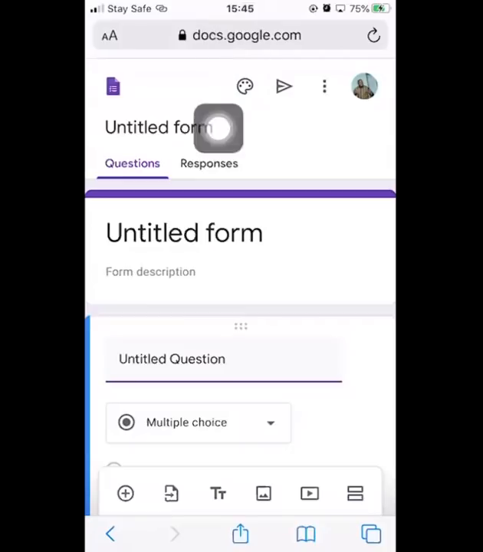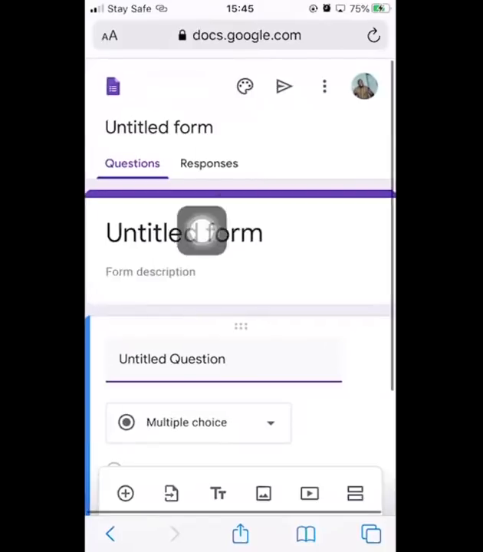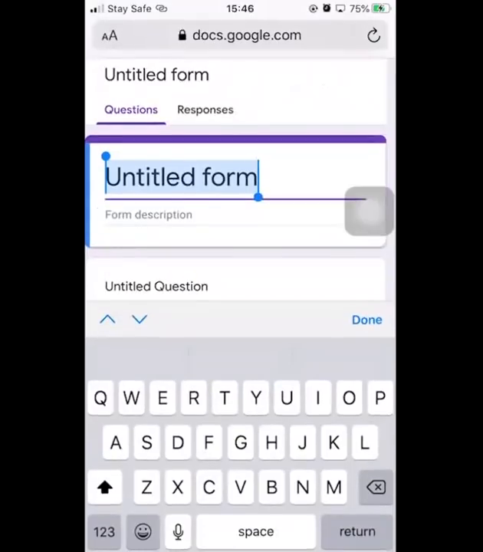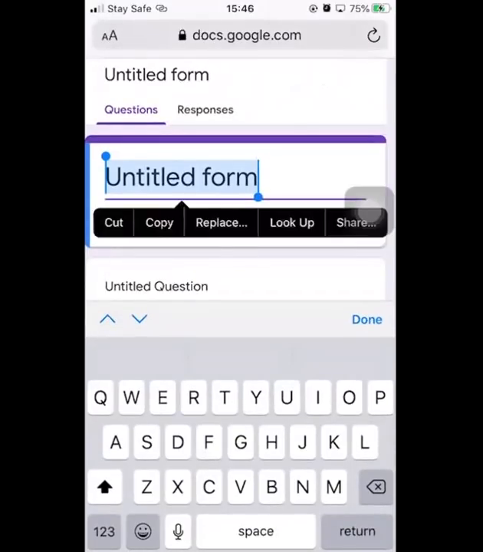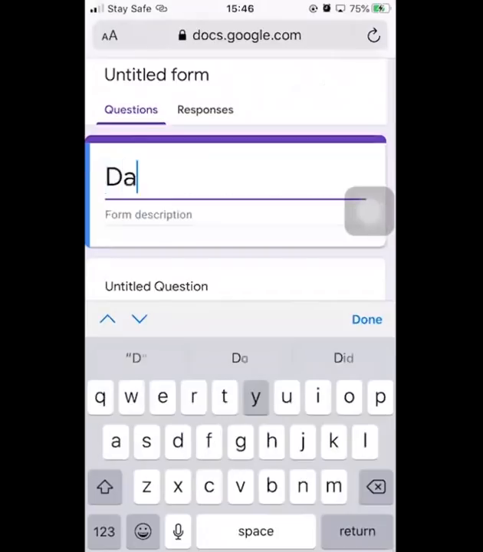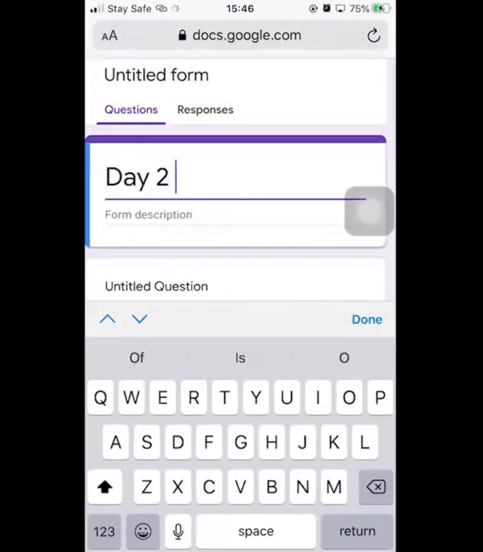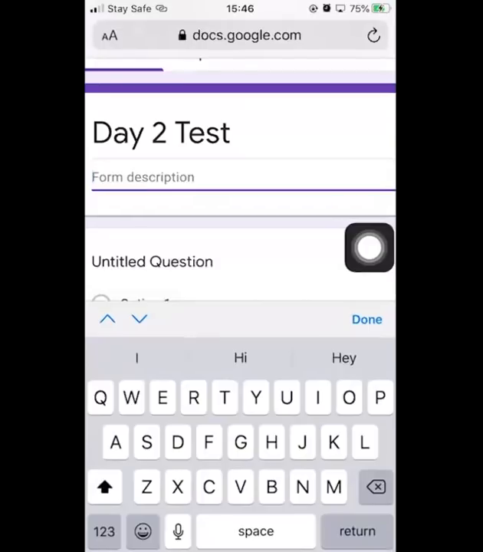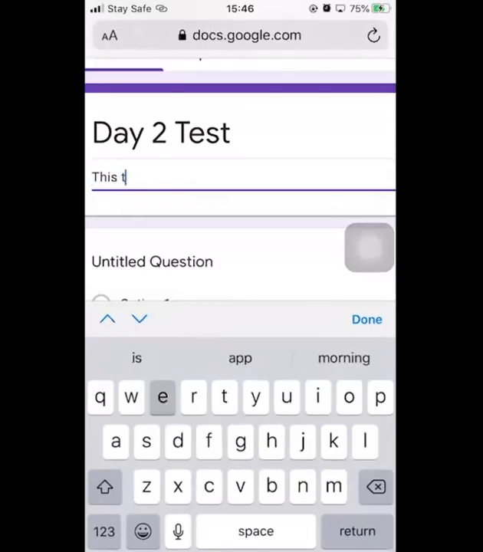Okay. So now, this top here is just the title of your form. You see where you wrote untitled. It's a new form, so it doesn't have any title. So the first thing you do is you tap it. To edit anything, you just tap. One tap. You see, once you tap, then you can now change it. Let's say test is day 2 test. Let's just name it anything. And then right under it, you can see form description. So form description can just be this test is a makeup